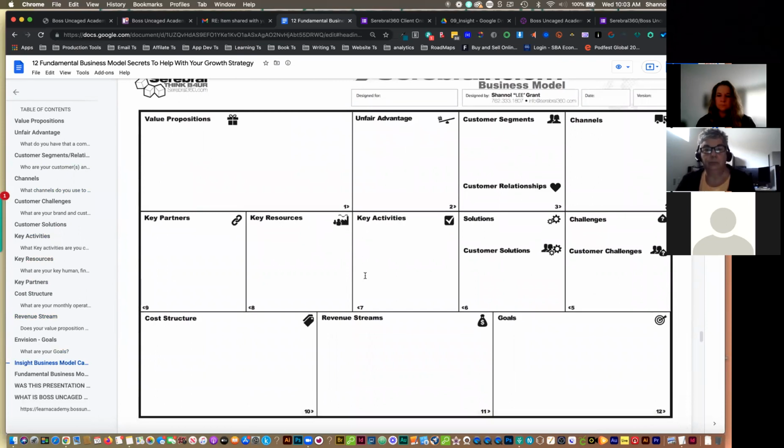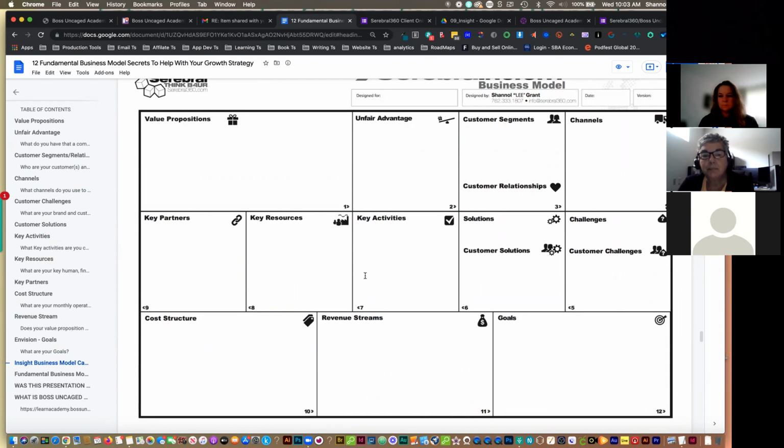It's very similar to a business plan, but it's simple in the sense that it's one page. You would take this document and fill in all these boxes with the information that we just went over. Then you would look at it from a bird's eye view and say, okay, I have everything except for my key partners. So now I have 11 out of the 12, and I could focus more on finding key partners. Well, then you already know what your key activities are.